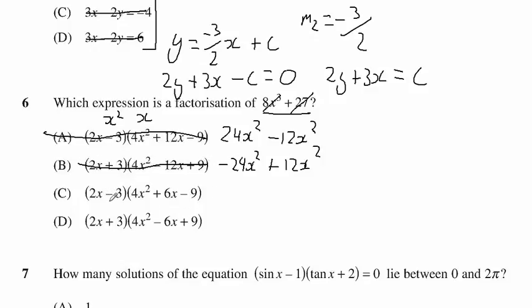On to C, we have 2x plus 6, so 2x times plus 6x is 12x squared. And then we have negative 3 times 4x squared, so that equals negative 12x squared. So this is looking good because those two cancel out to 0. And then we go back to this 2x and we say 2x times minus 9 is negative 18x. And then negative 3 times 6x, well that's also negative 18x, and they don't cancel out to 0, so C